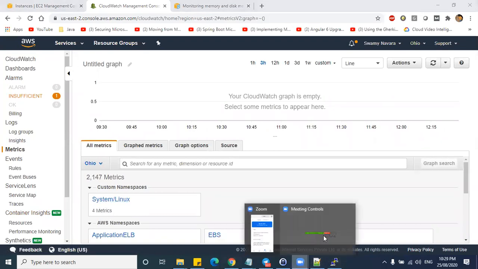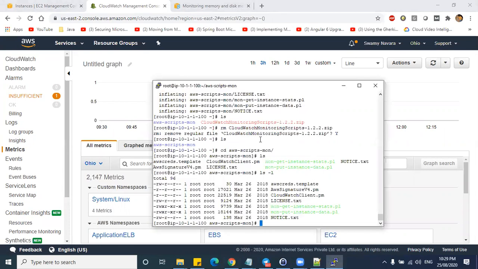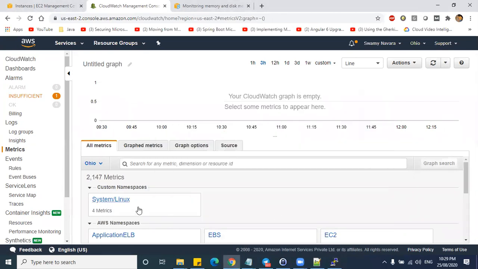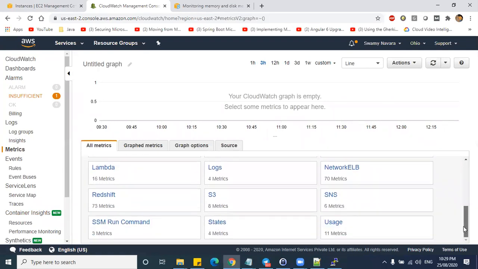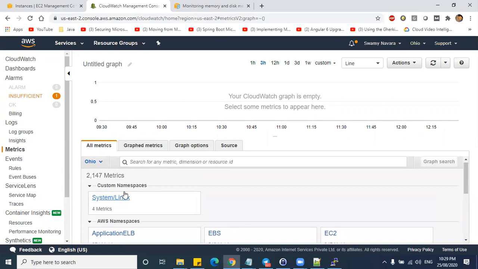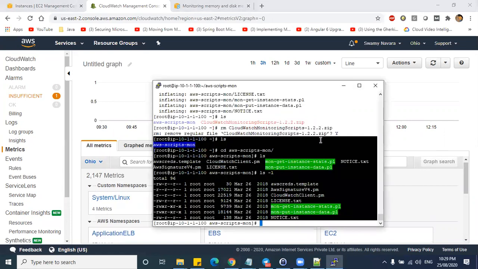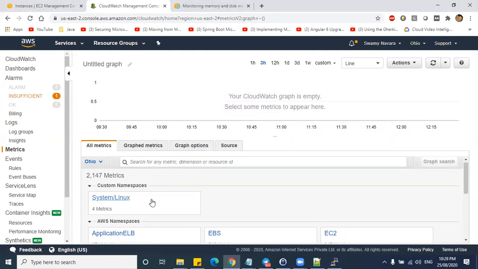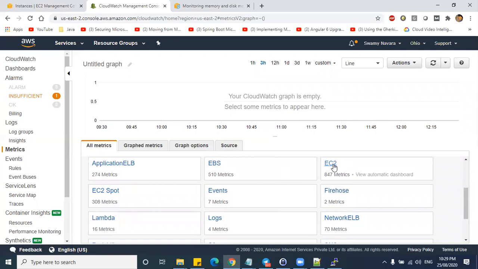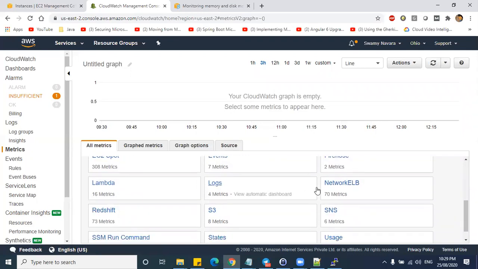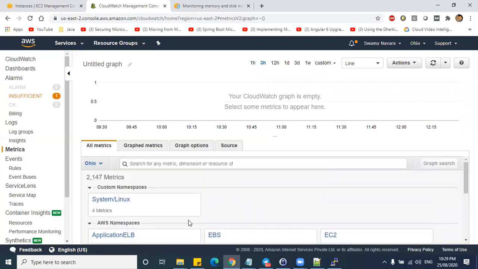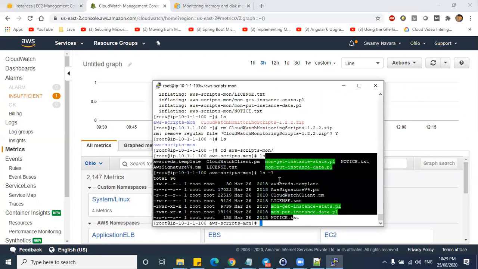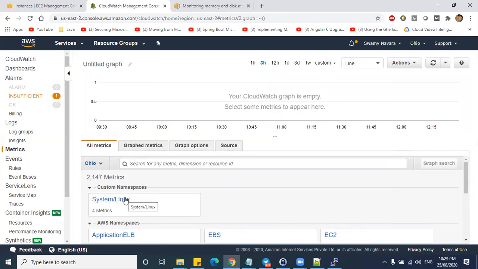If you don't install this client, the Perl client, whatever we have done, you will not be getting this option. Anyone in front of a system, go to your CloudWatch and you can check. This will not be there in your machine because we have installed this explicitly. So we got this option. Otherwise, you will have other things like EC2 metrics, events metrics, logs, and billing metrics. So this Linux is a custom one which we have installed so that CloudWatch is recognizing it here.